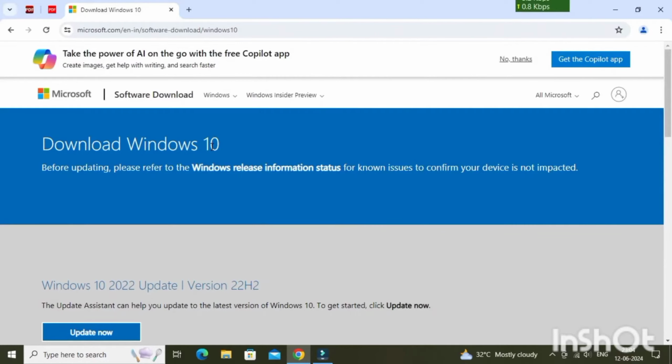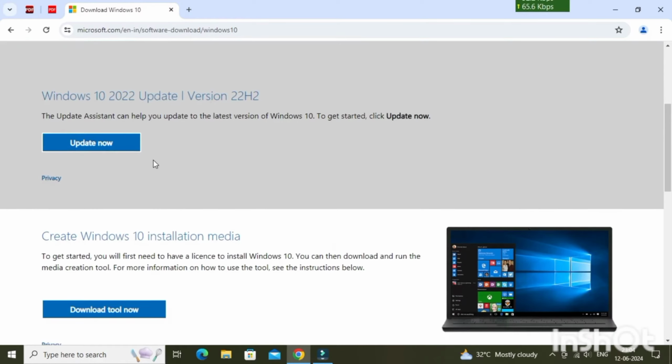Hello everyone, today I am going to tell you how you can create a Windows 10 bootable pen drive for free. You need a few things: a Windows 10 ISO disk image file, the Rufus software, and a pen drive of minimum 8 GB storage which should be empty, because any data on it will be destroyed when creating the bootable